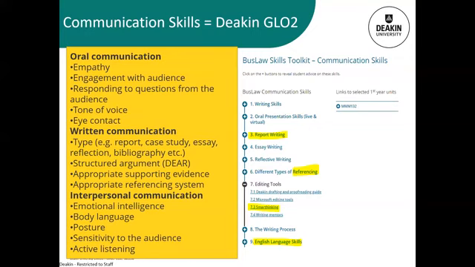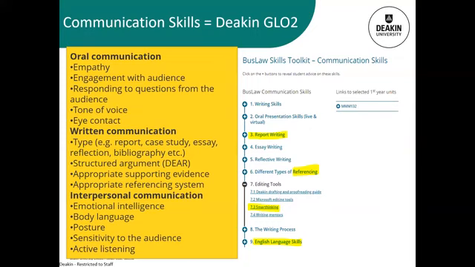And on the right there, you may also be familiar with the Business and Law Skills Toolkit, and they have a communication toolkit as well. And what's interesting about the toolkit is that this has been prepared by other business and law students. So they know from their experience what is relevant to students and what would help students.